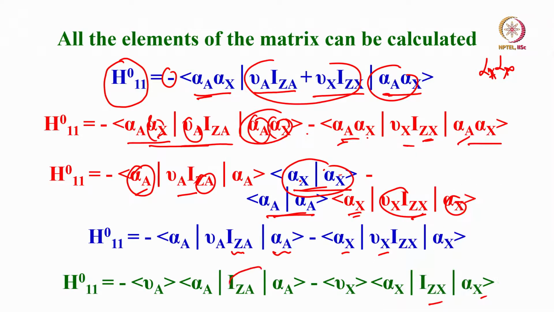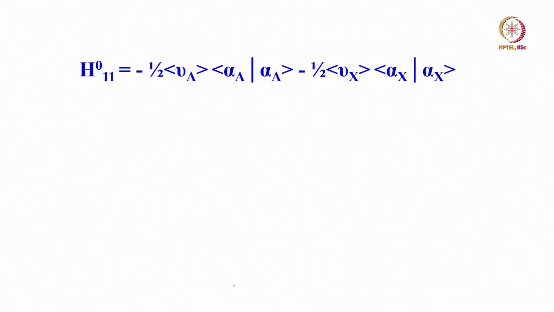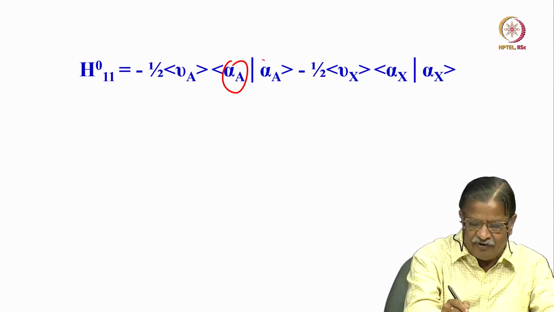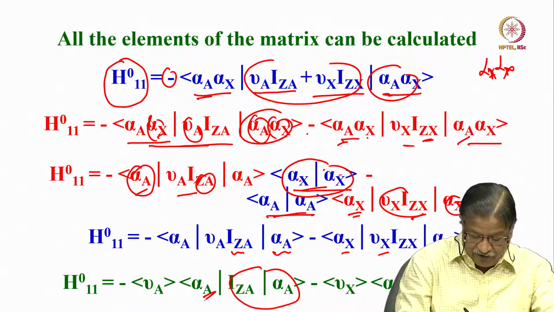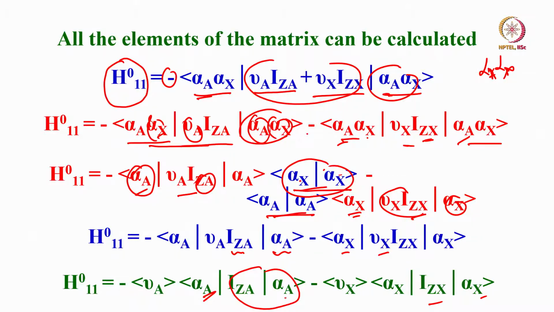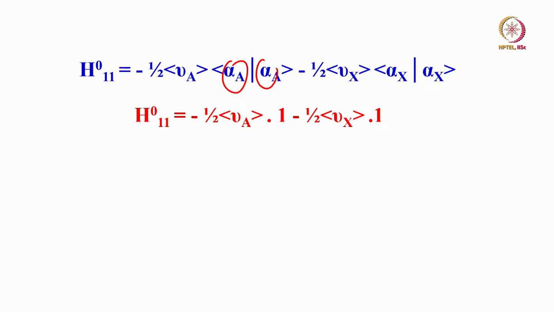Now, what did I explain earlier, that is why I said we should remember, I_Z operating on α is going to give half α. So I take this half α, then α_A is there; you go back here, see carefully, here α_A is there, this will become half α_A. So you can write it as ⟨α_A| half α_A⟩, half I will take out, this is ⟨α_A|α_A⟩. Then what will happen? α_A is an orthonormal set, this will become 1. So now you are going to get half into ν_A and this will become 1.